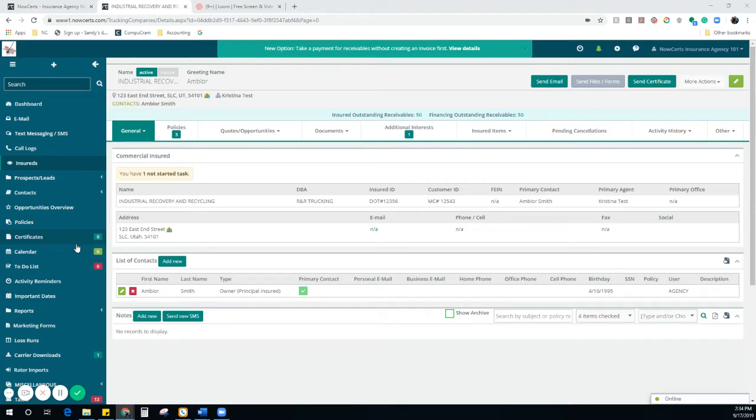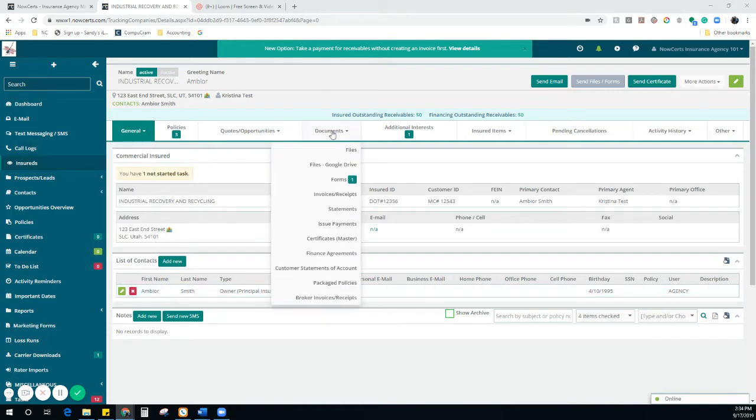In this video, I will show you how to create a master certificate, which is the template that all certificates are based on, also how to send certificates, and how to add additional interests and send those certificates. So either from within the policy details themselves or from the insured details, I can go to Documents, and then